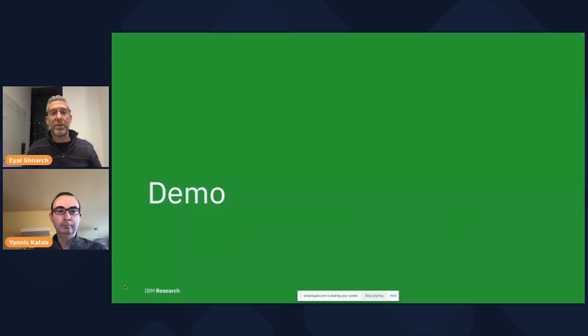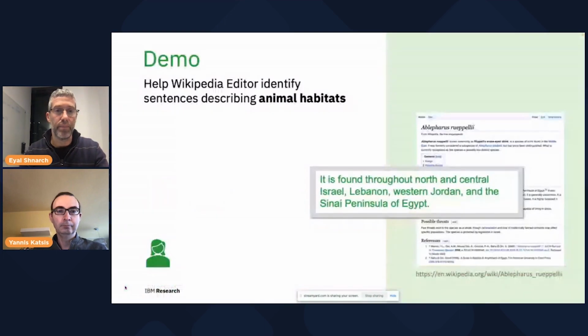Okay, so to better demonstrate the ease of use of the system, let us quickly demo how a domain expert can use Label Sleuth to create their own text classifier. For this demo, please meet Vicky. Vicky is a Wikipedia editor with deep knowledge about animals. To improve animal pages, she wants to